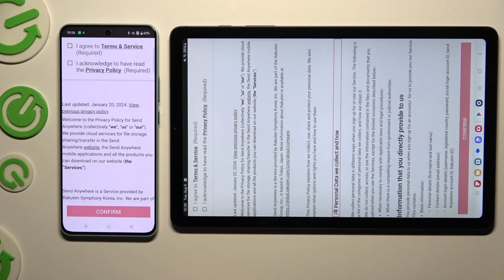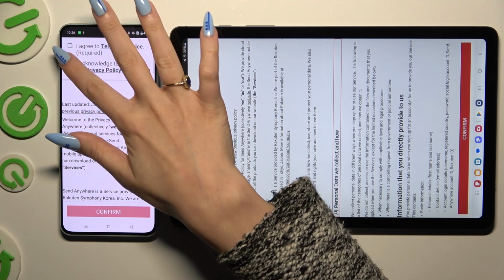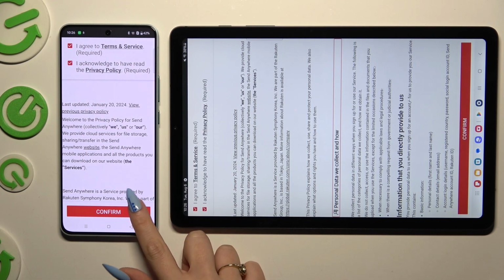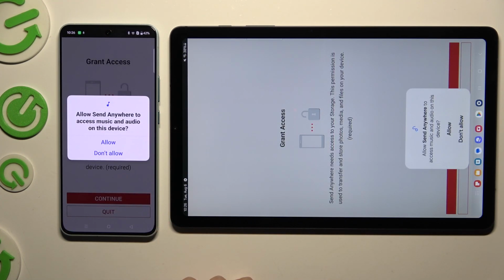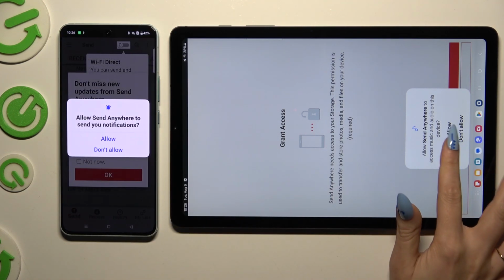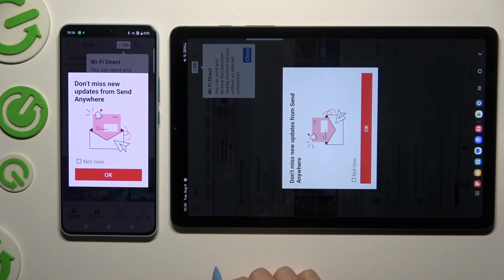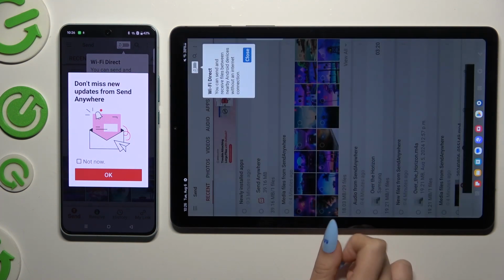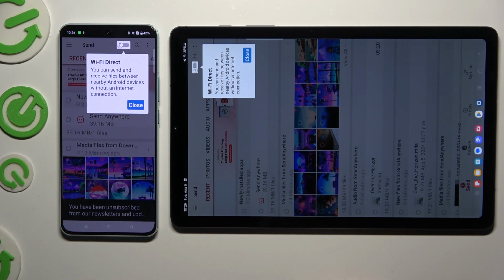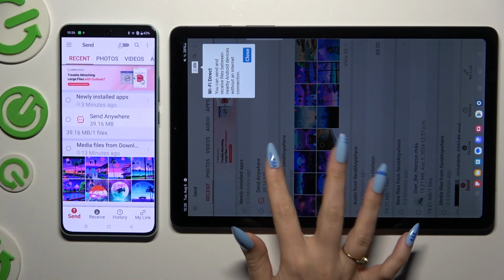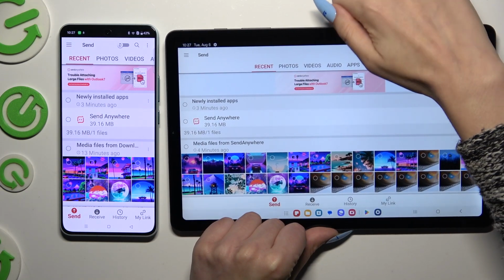Begin by tapping on I agree and I acknowledge at the top. Then select Confirm, Continue and Allow. In this window though, about new updates, you can tap on OK or select Not Now and then click OK. Either way, when you're ready, tap on your device's displays and select Send at the bottom left corner of an